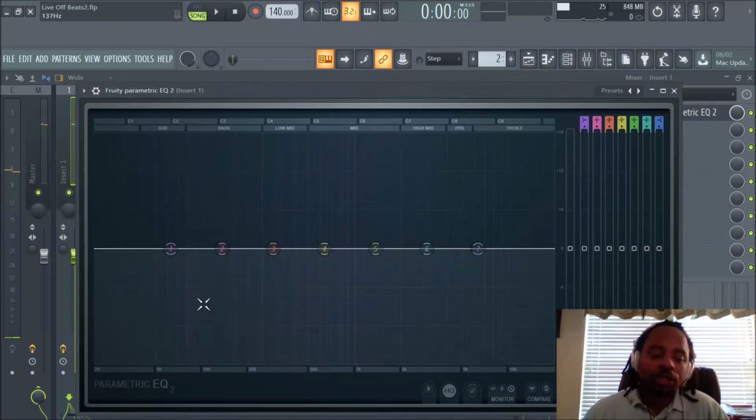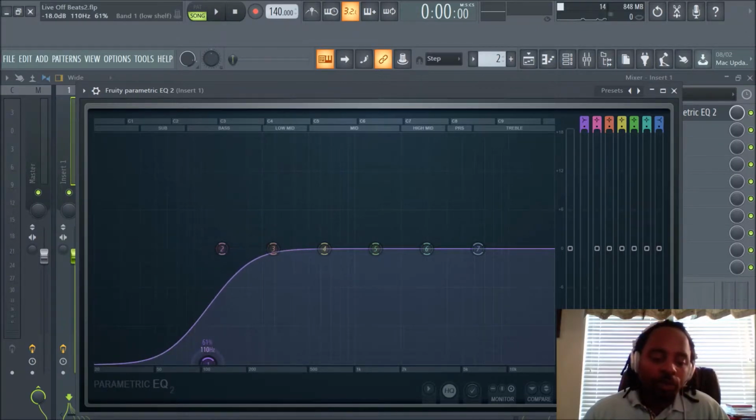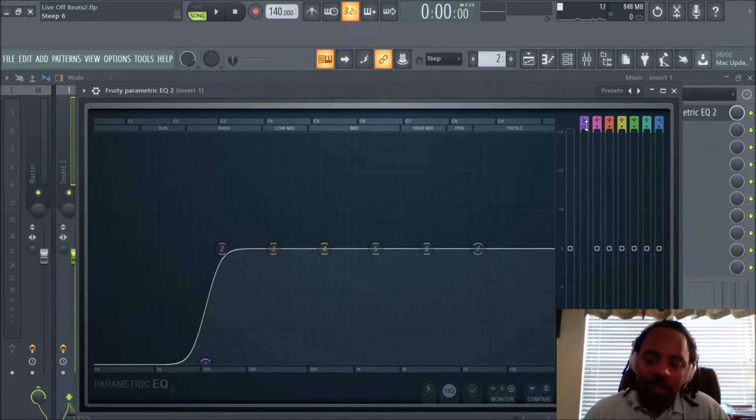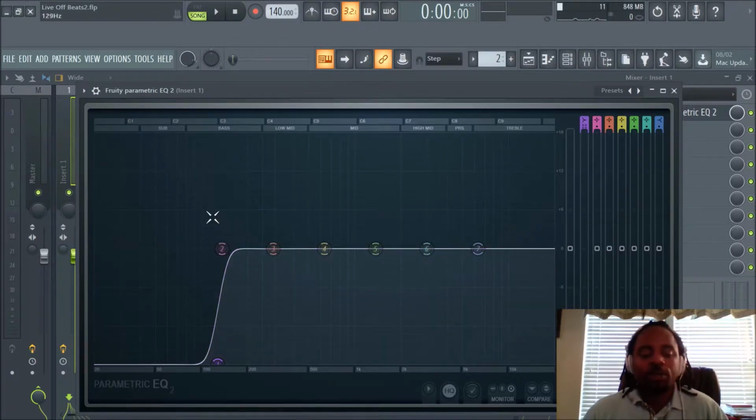So what I would do with this sound, I usually drop, you can move these little nodes anywhere you want to control the frequency. And this little band, you can change that little dot to here to make it a little sharper. I usually immediately cut 100 because with my beats, I mean sure with your beats as well,